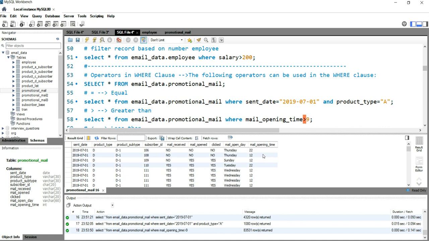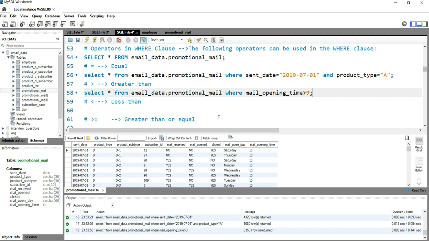In MySQL Workbench, you can click on this header and sort it either in ascending or descending order. When I sorted it, the entire dataset gets sorted by mail opening time. The first record which comes as a result here has the mail opening time as 10, right? So our query runs perfectly.